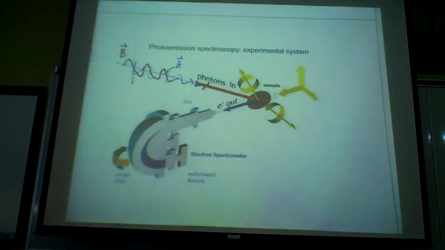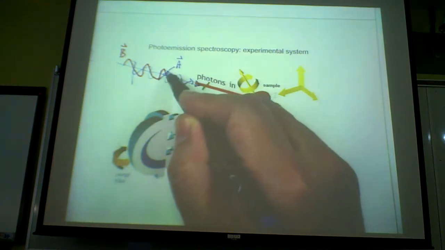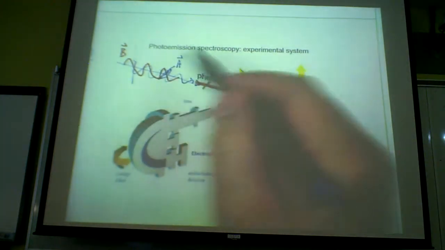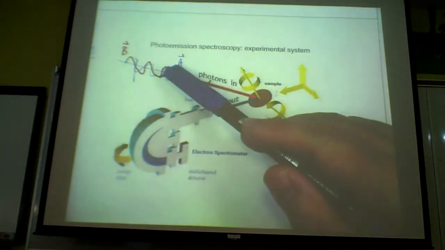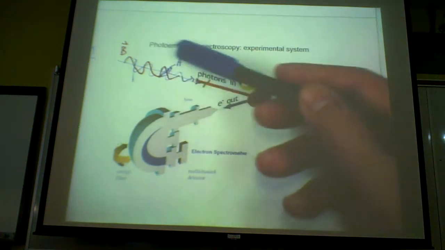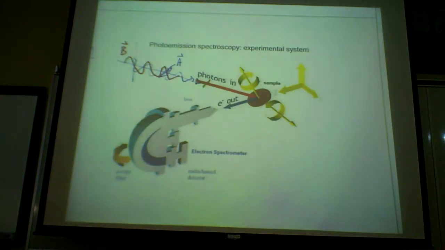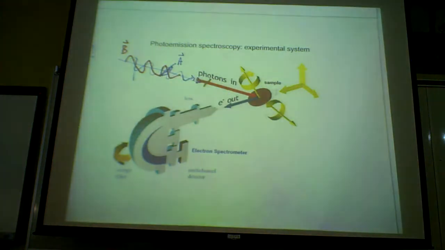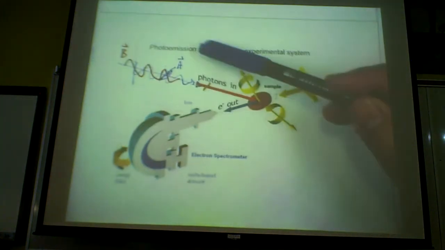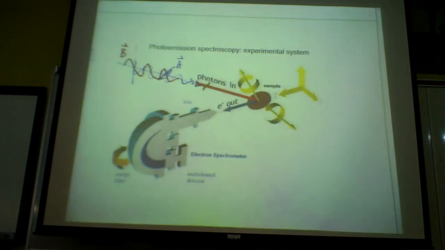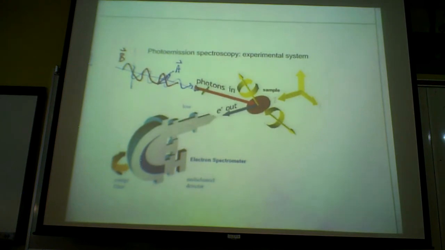This is my photon. And so when you say linearly polarized, it means that my A vector is along a certain axis, right? Not in any direction. As for non-linearly polarized, like an X-ray lamp, that means the A vector can be in any orientation around this axis. Whereas if you are at a synchrotron, your A vector is aligned in the direction of the synchrotron ring. And so you have to take into consideration the polarization vector when you do this type of spectroscopy. And so it could become a little bit complicated. And this note describes